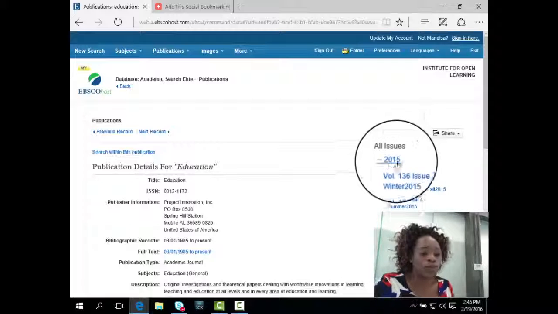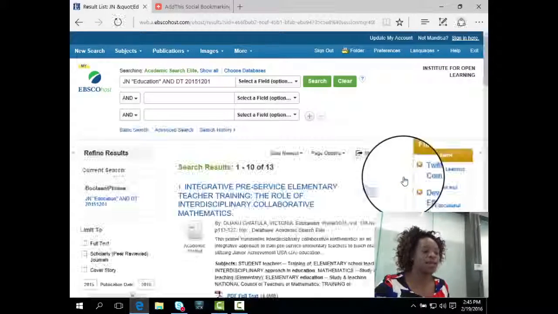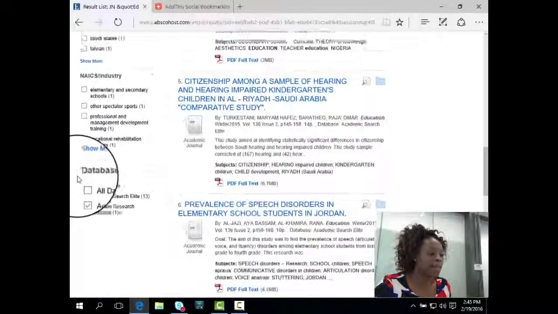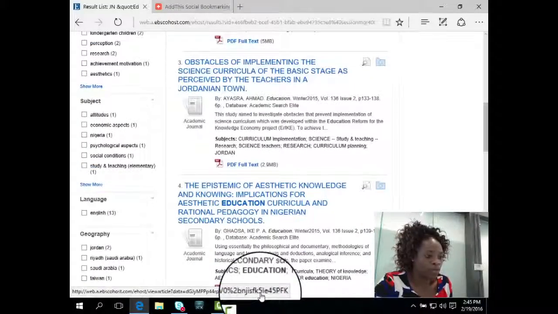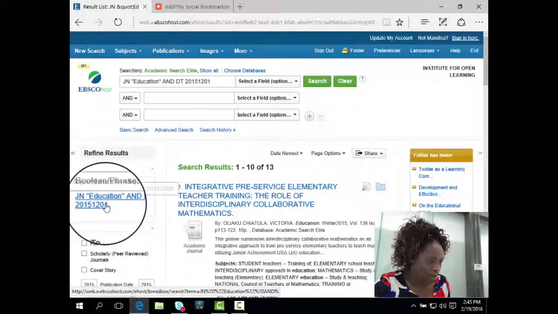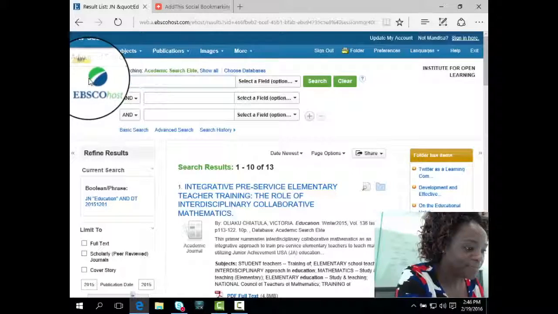If you wanted to browse through, then you can just click on the issue that you are interested in. The same principle will apply. You will see the articles here, and you can also apply these limiters if you want to limit, but this is everything that is available from that issue. Okay, and